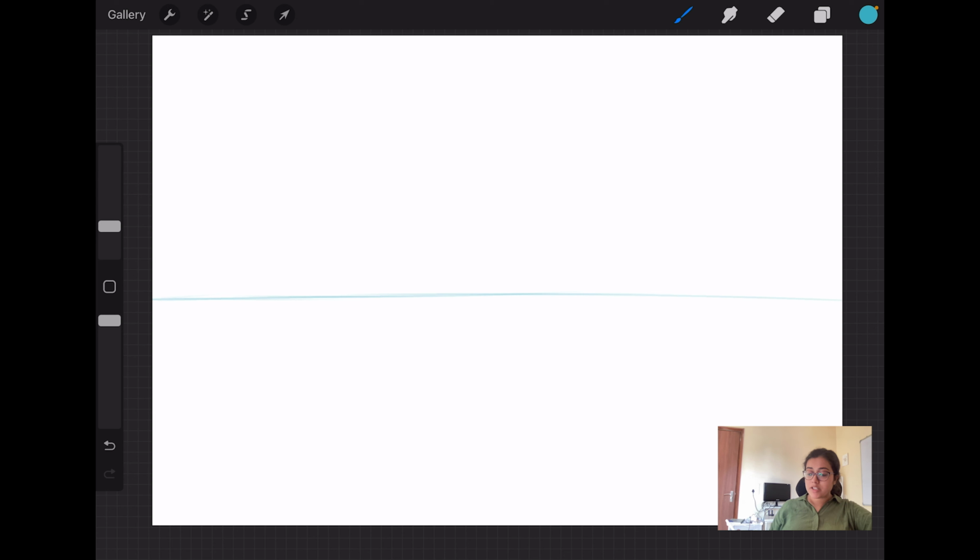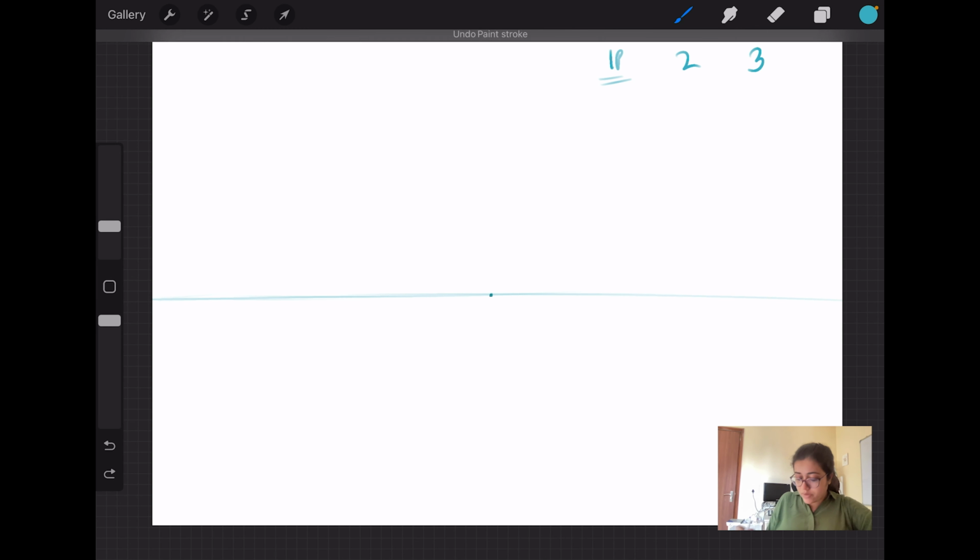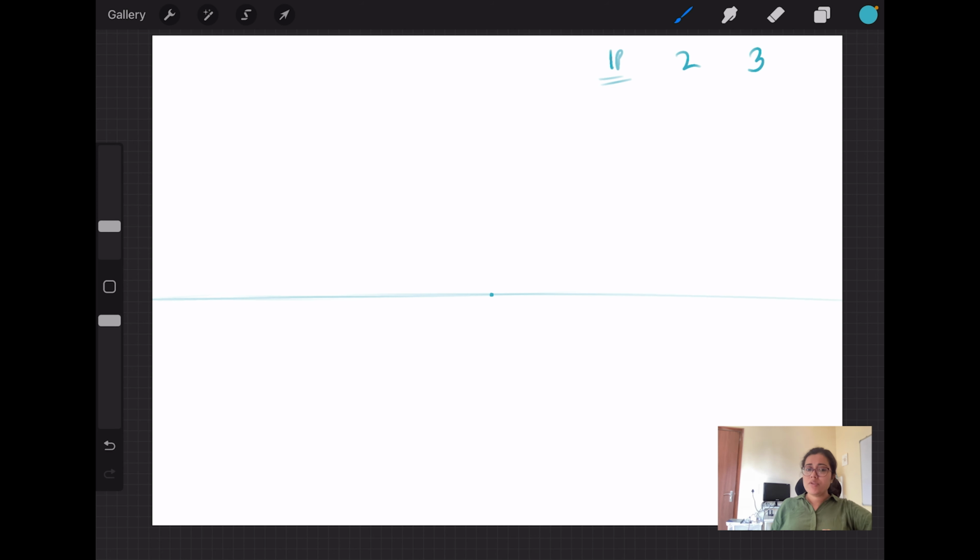There are three kinds of perspective: 1 point perspective, 2 point perspective, and 3 point perspective. Let's start with 1 point perspective. What is 1 point perspective? It's where there is one vanishing point. So I'm going to draw my vanishing point right in the center, somewhere over here. 2 point perspective has two vanishing points, 3 point has three, and with five vanishing points it is called 5 point perspective. So yeah, it goes on like that. Let's get started with 1 point perspective.